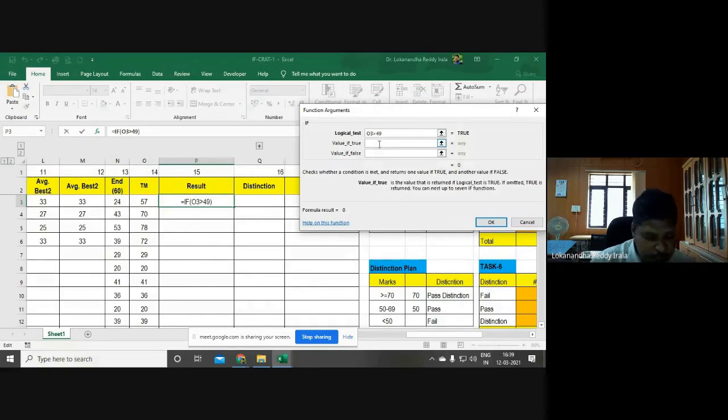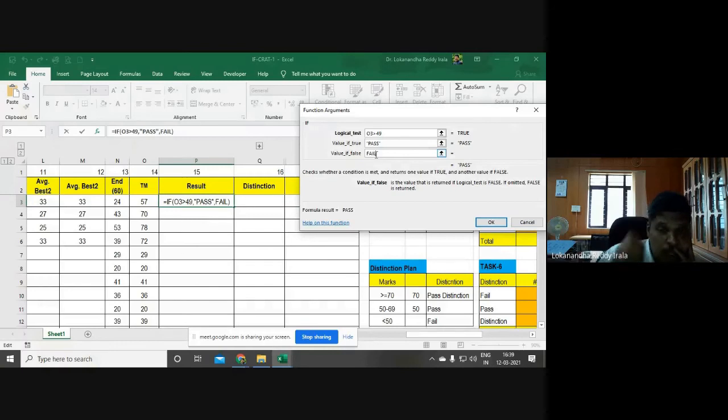What is this result? This is pass. If it is not so, that means if it is not more than 49, I want Excel to return something else. It is fail. Now we have a binary situation. We have only 2 outcomes. If it is more than 49, it is pass. Otherwise, it is fail. So this is called a simple if function.